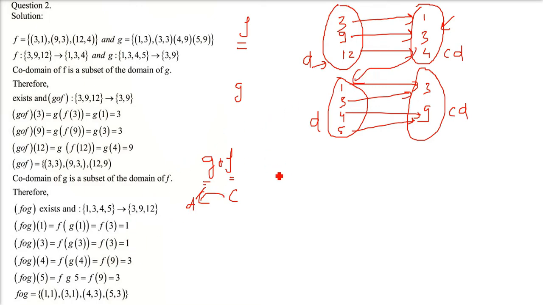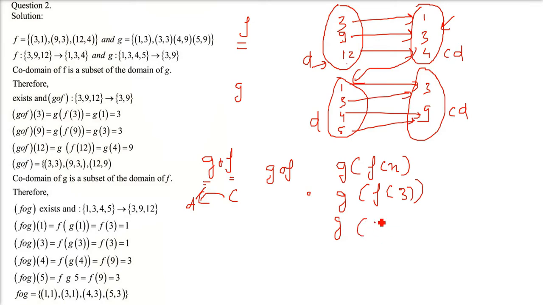So it is there. So G of F of x, and what are all the values of x? You are going to put in place of x the domain of F: 3, 9 and 12, and then you will find F(x), which is equal to y. So first we'll put 3 here, then we'll put F of 9, that is all the domain values of F, then we have G of F of 12.